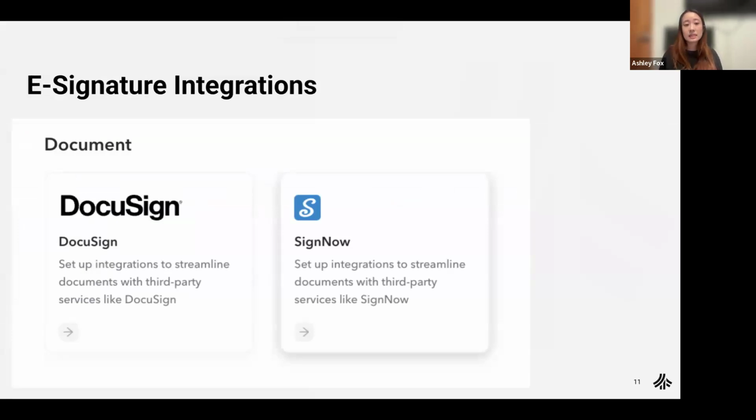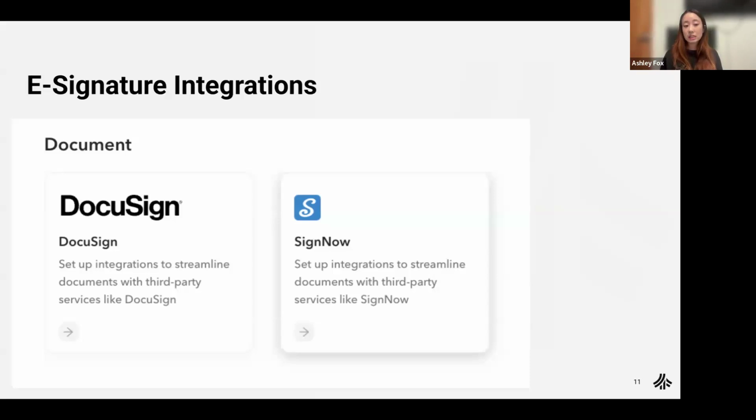They're both great. And you can utilize those to make sure that there's a seamless experience in terms of sending out documents that need to be signed to the applicant. They'll sign it, and that pulls through automatically back to Teambridge. So there is a little bit of configuration that will need to be done within DocuSign or Sign Now, depending on what you choose, making sure the documents are in there, choosing which line items they need to sign,